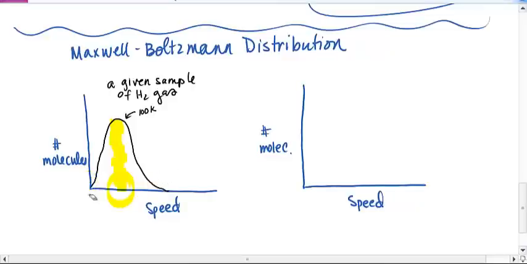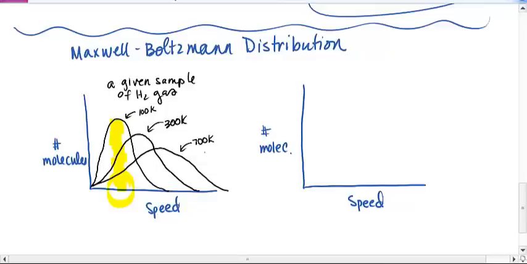Okay, if we were to change the temperature, the graph changes. So if we were to take the same sample of gas at 300 Kelvin, the graph starts to spread out. And if we took that same sample of gas and spread it out even further, say 700 Kelvin, notice that the graph doesn't just completely shift over, but in fact it spreads out over the course of this change in temperature. But at 300 Kelvin, again, the vast majority of molecules now have a slightly higher speed, and